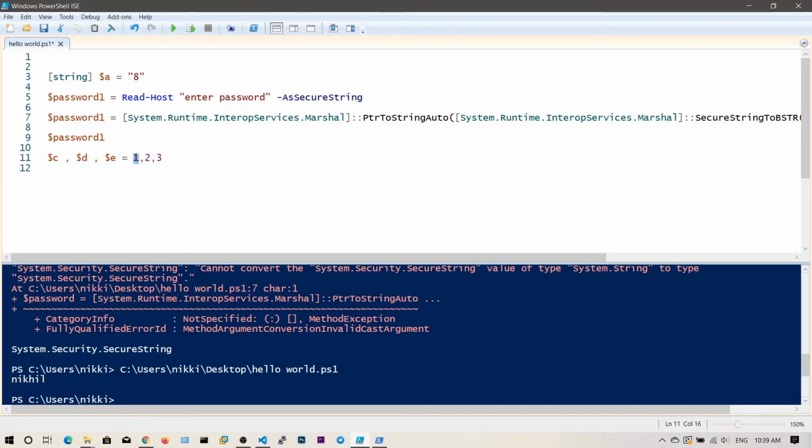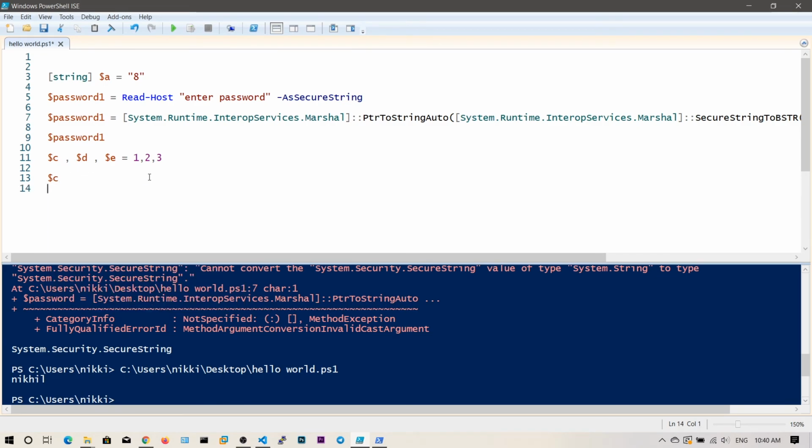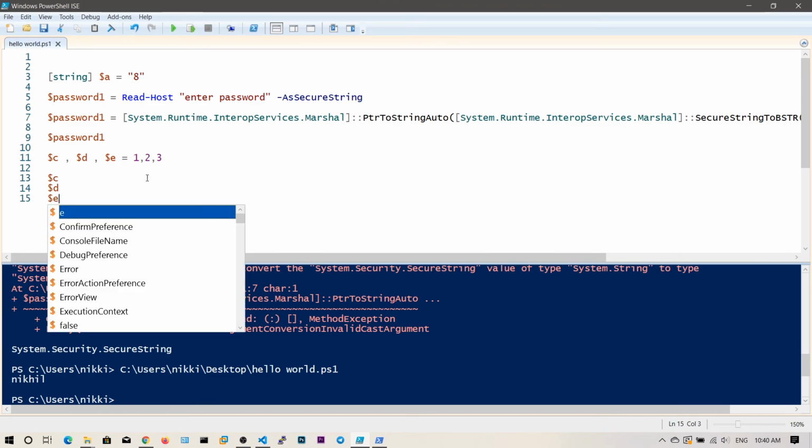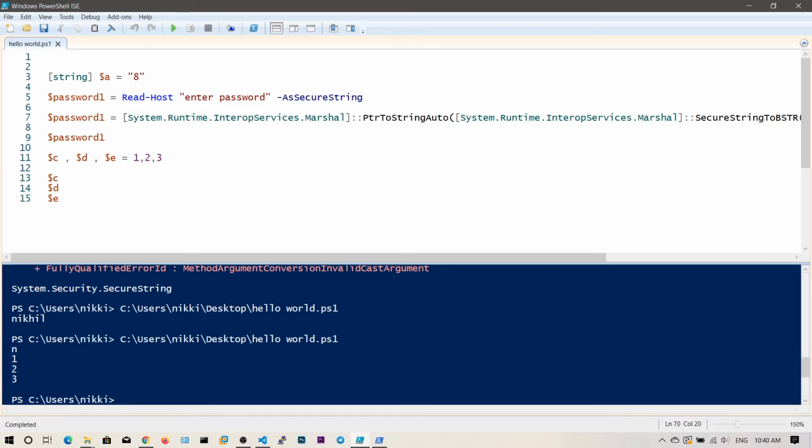So the value 1 will be assigned to $C, 2 will be assigned to the D variable, and 3 will be assigned to the E variable. You can just print those variables: $C, $D and $E. As you can see, these 3 variables have been assigned respectively.